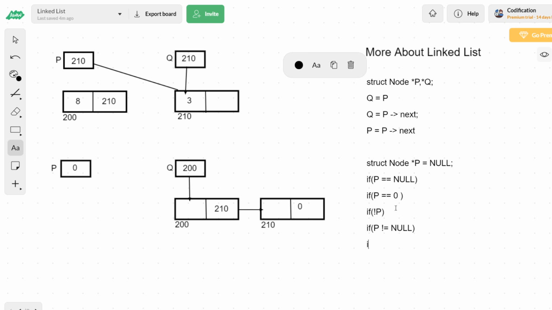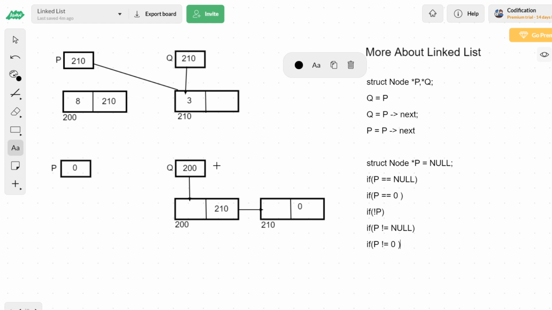It means, then if P not equal to 0, this is also a way to check whether a particular pointer is referring to a node or not. Because if the pointer is not equal to null, definitely it has a non-zero number.